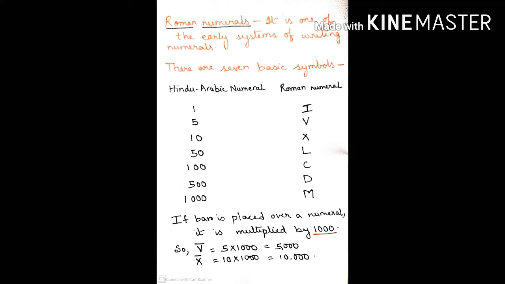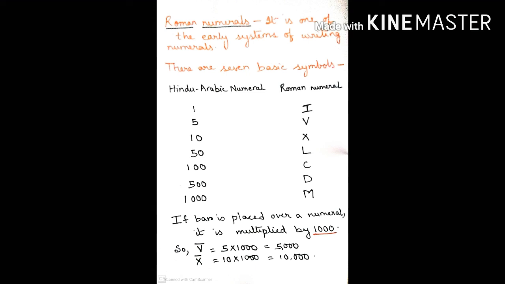Okay. So I think you have understood how we calculate estimated sum, estimated difference, estimated products, and estimated quotients. So after completing exercise 1F, let's start with another new topic, Roman numerals. I think you have done this in the previous classes also. So what is a Roman numeral? It is one of the early systems of writing numerals. I think you have seen Roman numerals used when we write our class, in the watch, in the clock. We still use these Roman numerals.